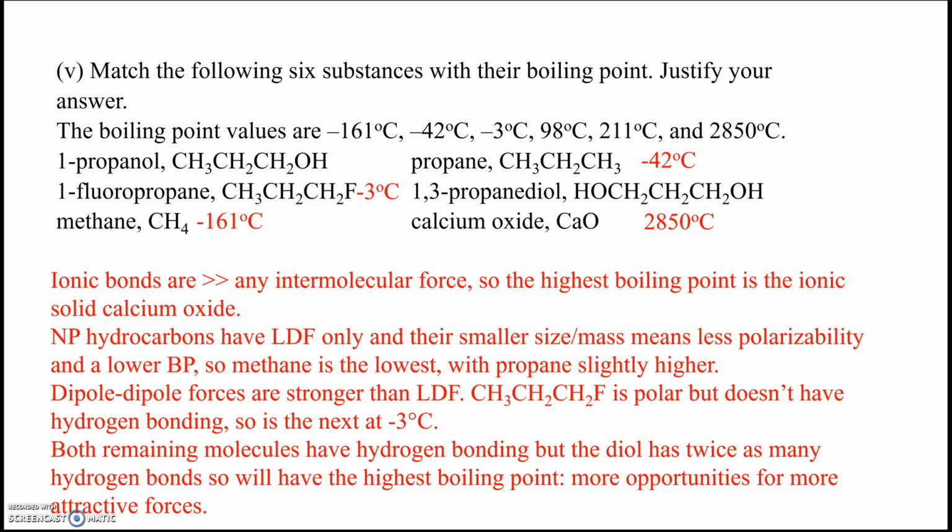And that leaves us both of the remaining molecules which have hydrogen bonding, but the 1,3-propanediol on the right side has twice as many hydrogen bonds in the molecule. So it's going to have the highest boiling point because there's just more opportunities for more attractive forces. So we assign the higher temperature 211 to the propanediol, and the lower of the 2 remaining temperatures, 98, to the